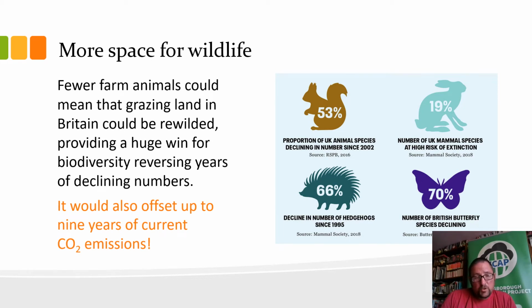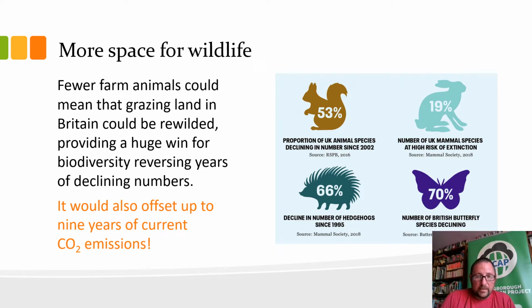So if we produce fewer animals for food, we'd have fewer animals grazing the land, which could mean that land that is no longer grazed could be rewilded, providing a huge win for biodiversity, reversing years of declining numbers. It could also offset up to 9 years of current carbon dioxide emissions. This would be a huge win, providing extra land for dwindling